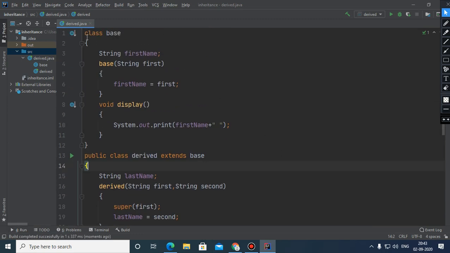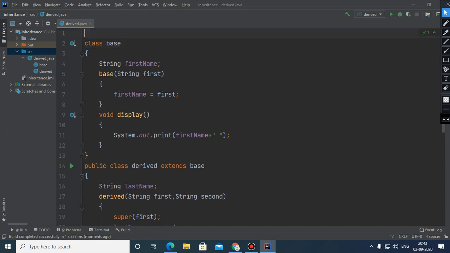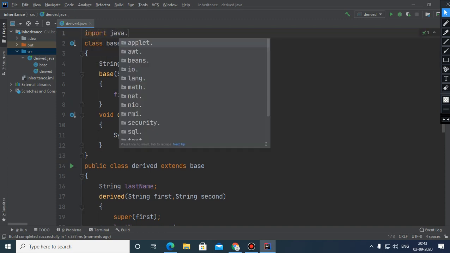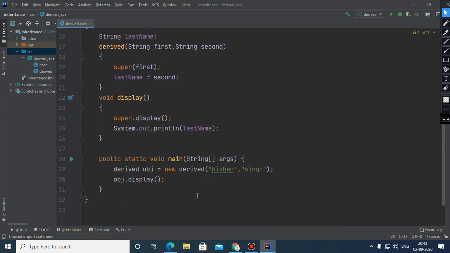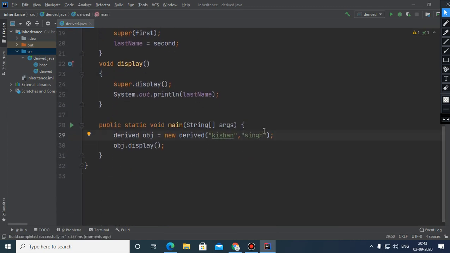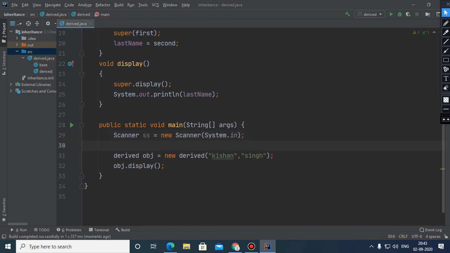Okay, one thing I would like to just tell you, here you can input the values also. That is, you need to declare the scanner class here, new Scanner(System.in), and here you have a variable first and you have a variable second.